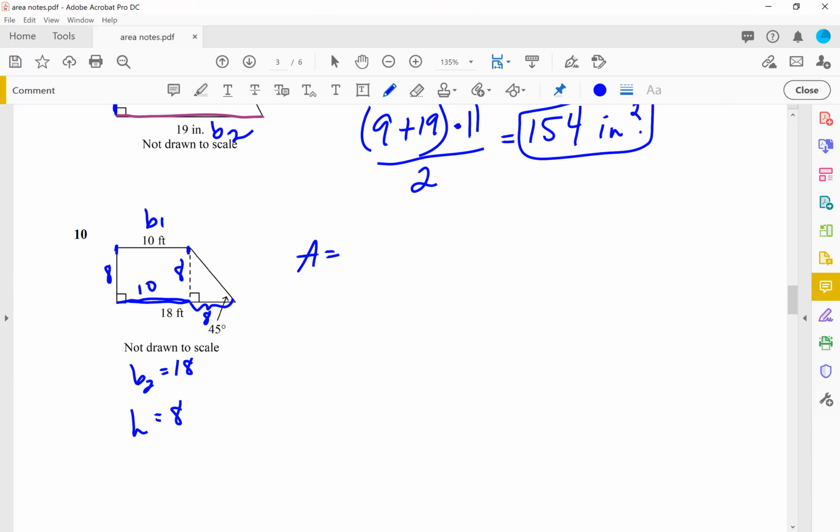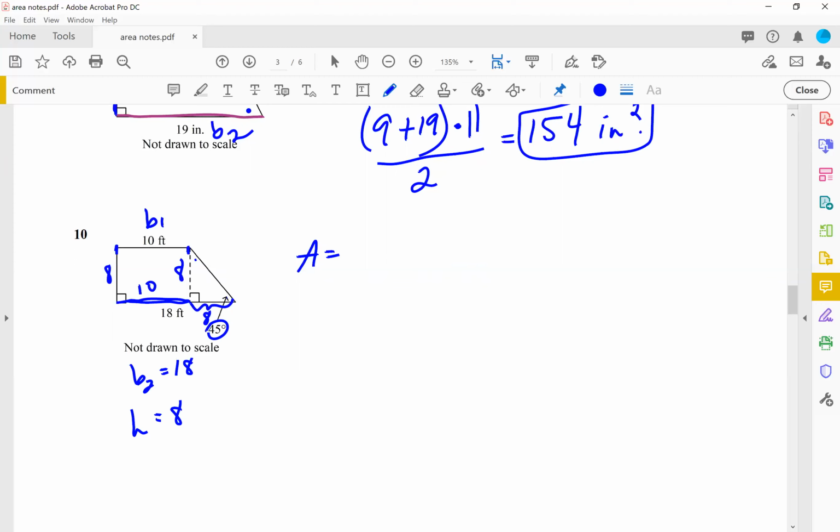Now I got that 8 down here on the bottom because I said the whole side here is 18, but then we go here and we have to cut off 10. So 10 plus what gives me 18? 8. Okay. So now, and also I made note that it's a 45-degree angle here. It's a 90 right there. So that means this is also 45 there, which makes the two legs equal, which is how I got that